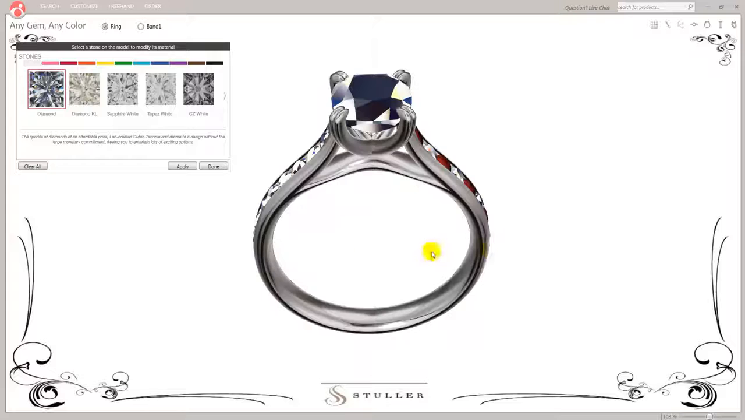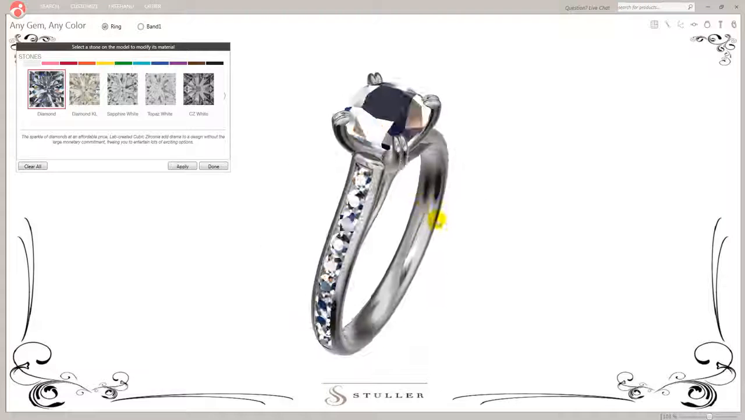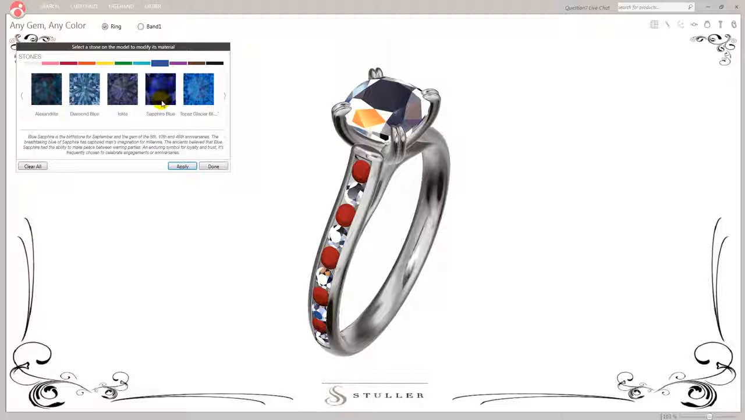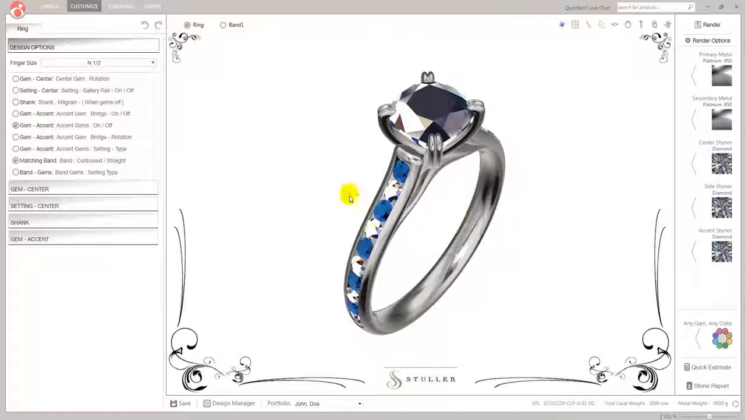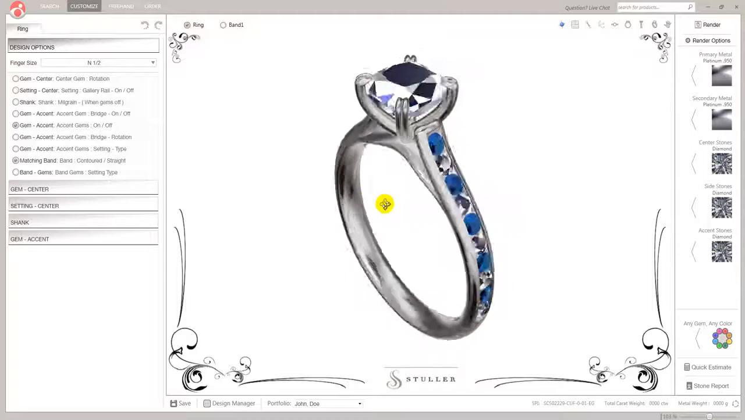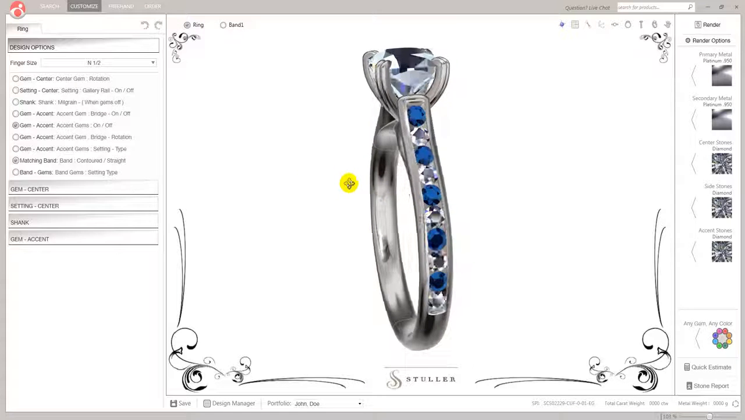So I've picked every other one on there. Make sure you get it right this time. So I've clicked every other one. I'm then going to go to sapphire. I'm going to click sapphire and then click apply. Click done. I've now got a ring that is diamond sapphire, diamond sapphire, diamond sapphire, which is a very popular